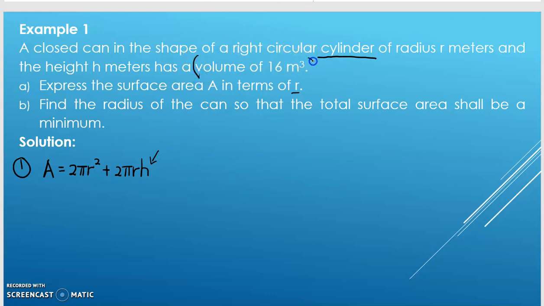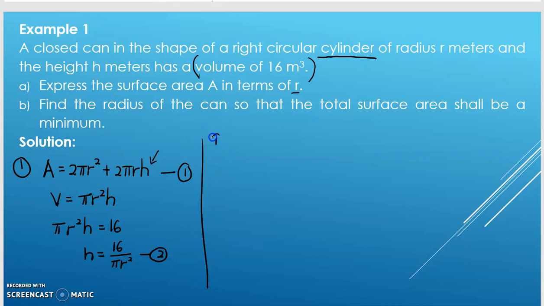You can see that the volume is 16 meter cube. The volume of the cylinder is pi r squared h, where the volume now is 16, which means that pi r squared h is equal to 16. So h is equal to 16 over pi r squared. Let's say this is the first equation and this is the second equation. I will substitute the second equation